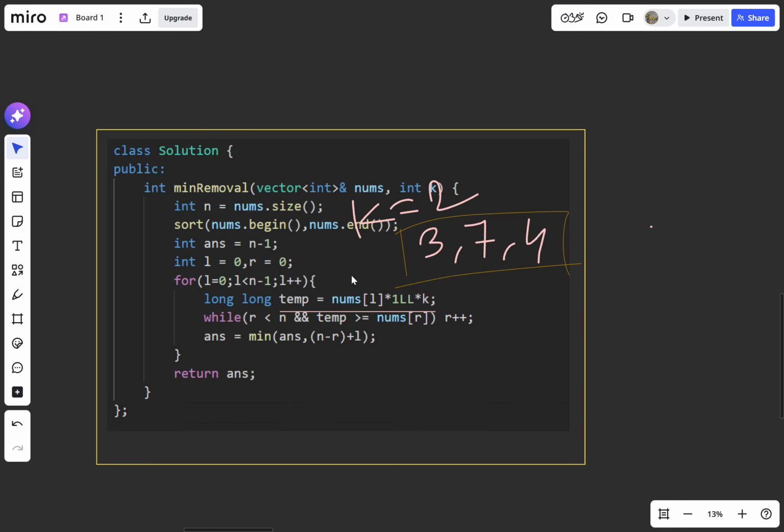What is our maximum limit? The temp is storing our maximum limit. After that we perform the while loop until r is less than n, meaning until r is within the boundary only, and